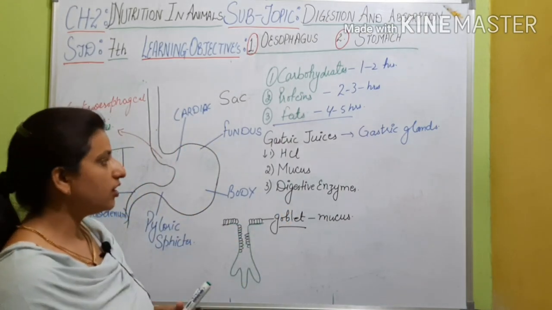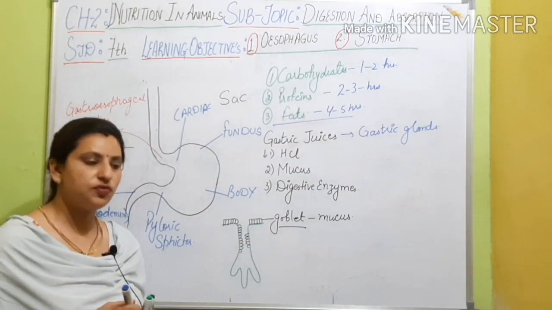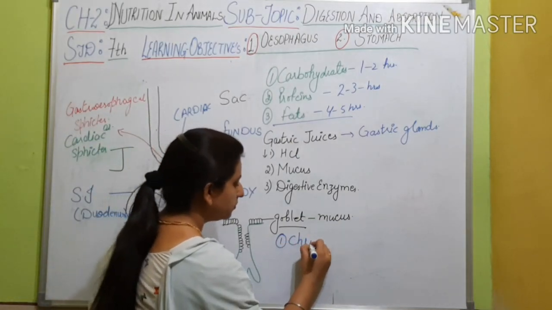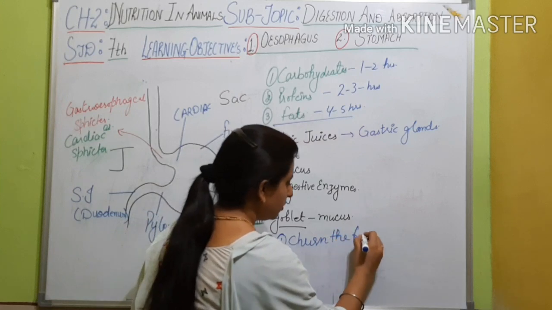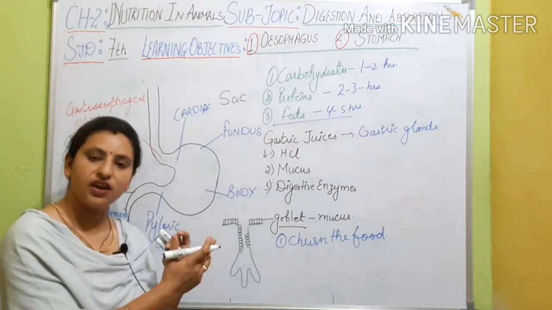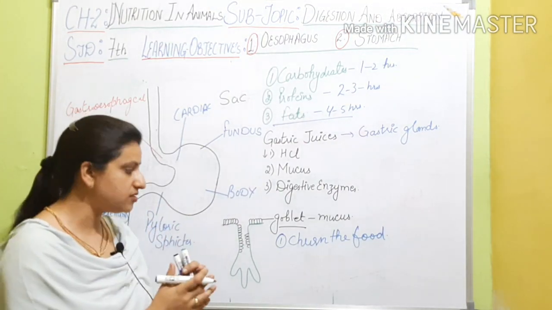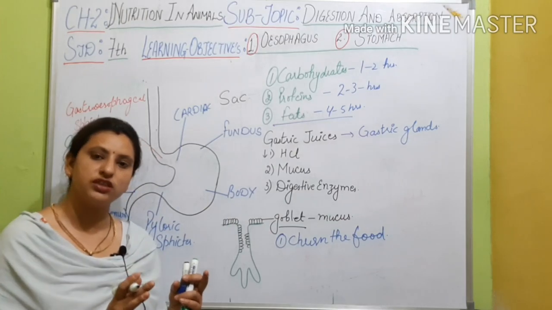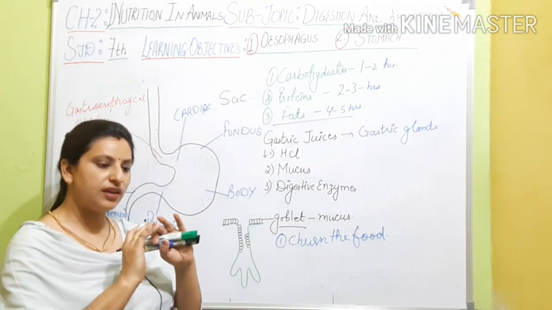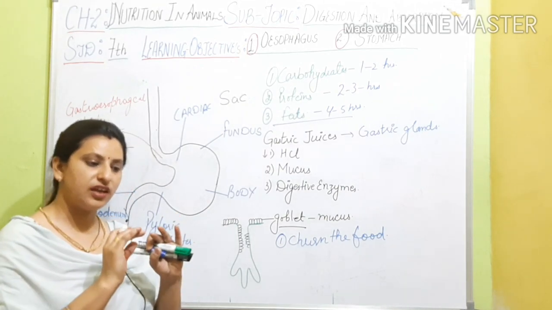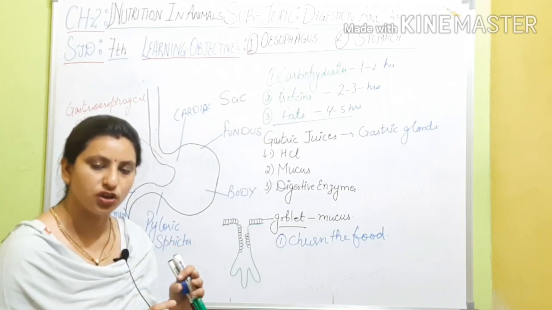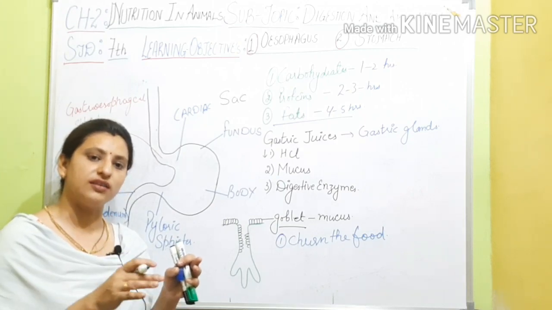So let's see what the main functions of the stomach are. The first function of the stomach is to churn the food. Because the walls of the stomach are very strong and undergo many types of contractions, they will churn the food. Churning the food means making the food very simple, breaking the complex molecules of the food into very simple molecules so that they can be absorbed by the body